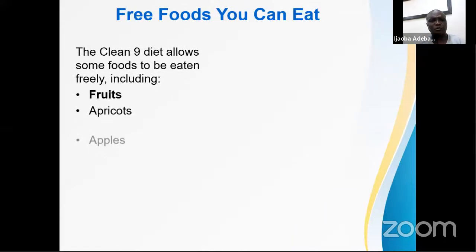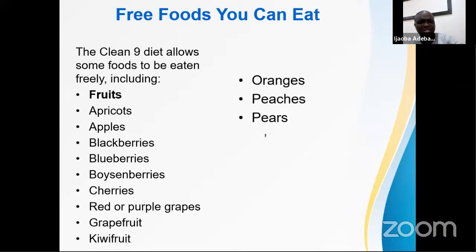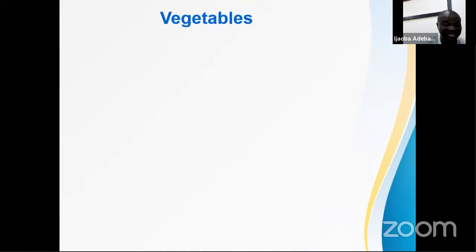Fruits. Let's look at the fruit. Apricot, apple. You might just look at the ones you can lay your hands on here, like red or blue, purple grapes, grapefruit, kiwi. You can get all of those here in Nigeria. Orange, peaches, pear, plum. You can get prune, raspberry. It's very, very good. Strawberry, or at best, ladies and gentlemen, get your Forever Super Green